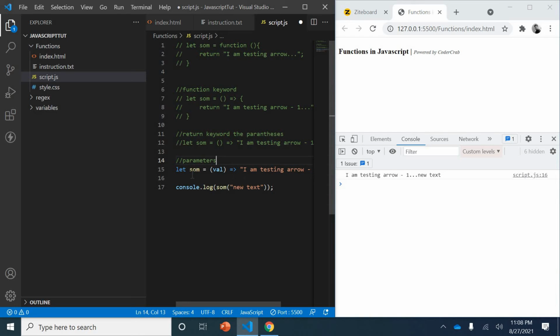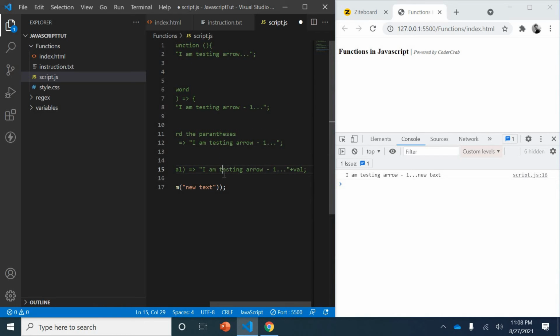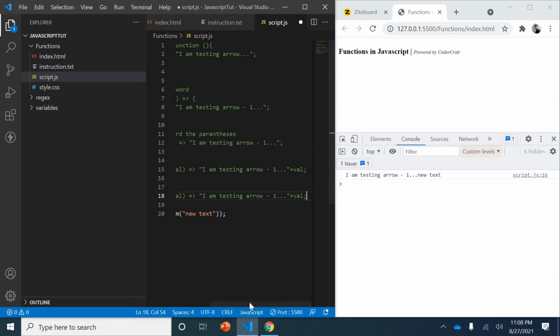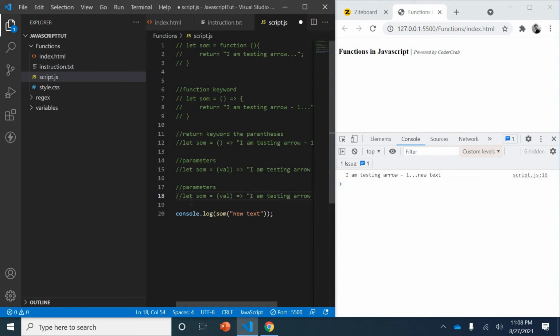One more thing: it still has some extra things that we can get rid of.